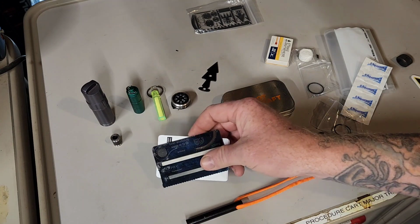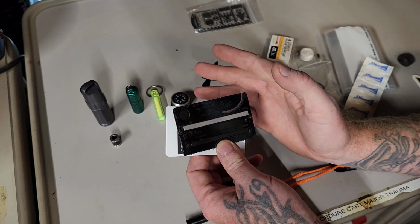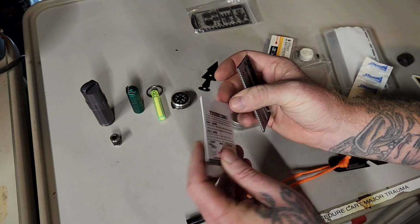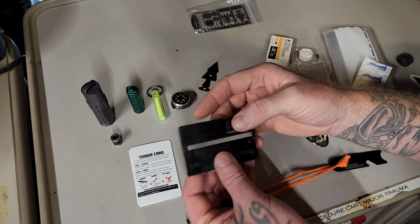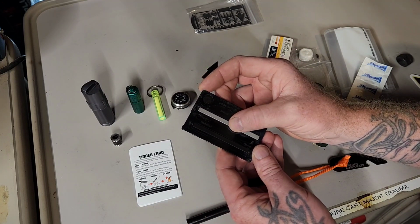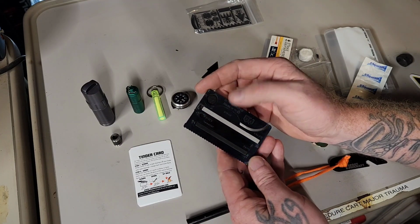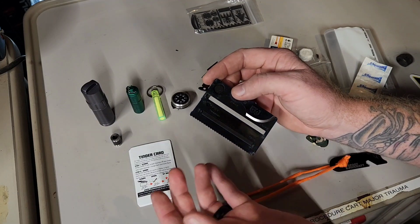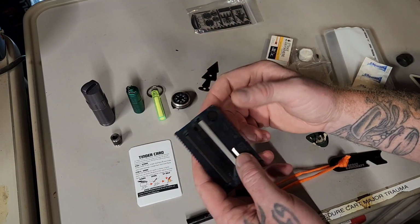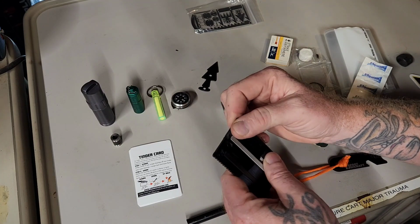I am bringing the Grim. This is one of their strike type things. It's got the tinder card, got a couple of those. I'm going to throw in there with this because it came with it. It's got your knife. It's got your ferrocerium rod. It's got your magnesium rod. You've got tweezers. There's a whole lot of stuff here. There's a little saw. And, of course, it's got a fully functional knife. It's not one of the cheap little ones, this is a thick knife, and it goes right back where it came from. So I want to